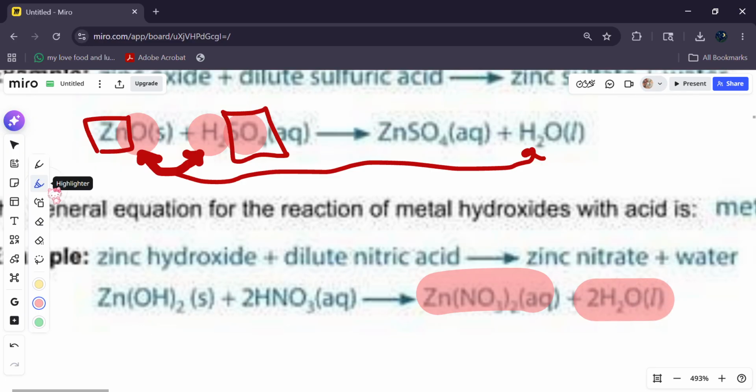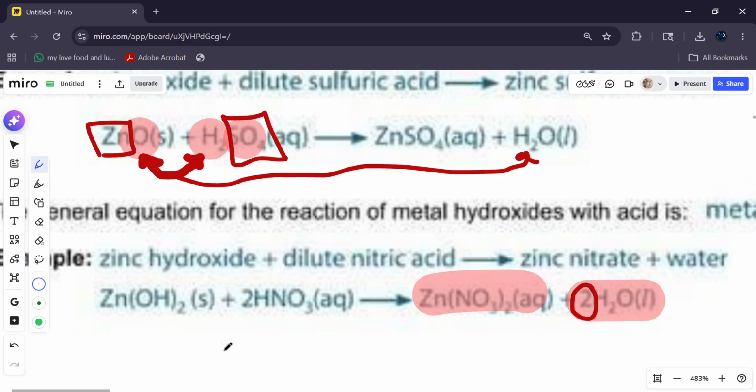And how does this form? Well, the dilute nitric acid produces two forms of water. As you can see, there's a 2 right in front of the water. It shows that two oxygen and two hydrogen are here. So for it to happen, we will need 4 hydrogen, because in water, 2 hydrogen atoms combine